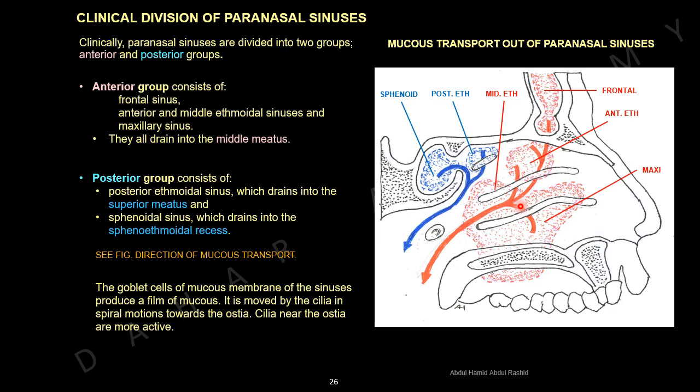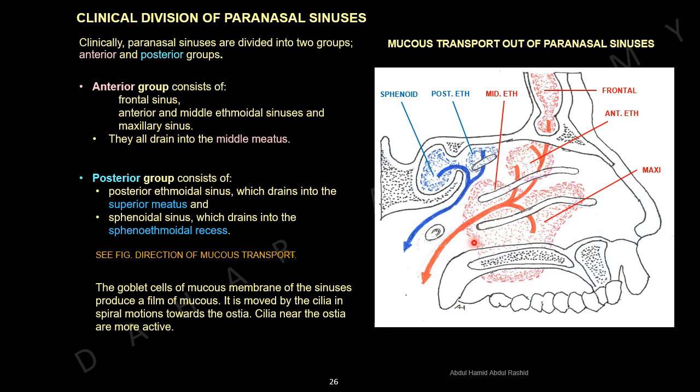The posterior group consists of the posterior ethmoidal sinus, which drains into the superior meatus, and the sphenoidal sinus, which drains into the sphenoethmoidal recess. See figure for the direction of the mucus